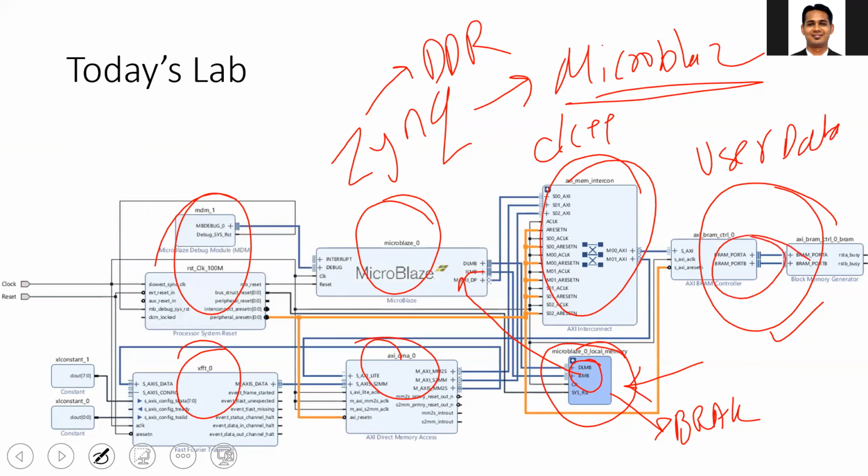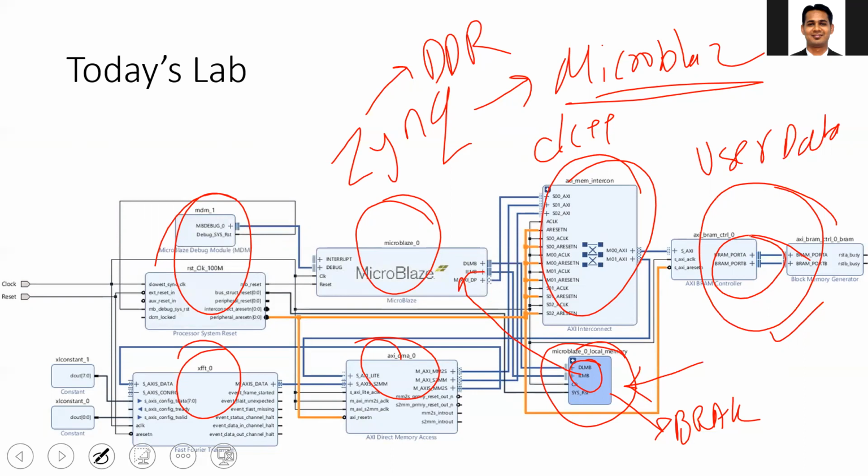So I hope you understand the difference between the previous week's lab and this week's lab: the advantage of this week's lab with respect to remote emulation without the need of access to the board, but also the limitation that you have the MicroBlaze, which is a slower processor than the ARM processor, so your performance throughput will be affected.